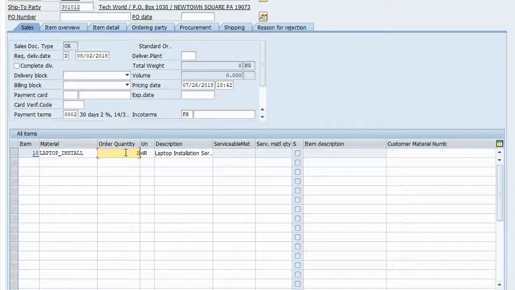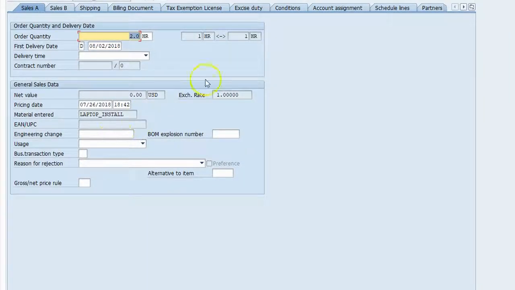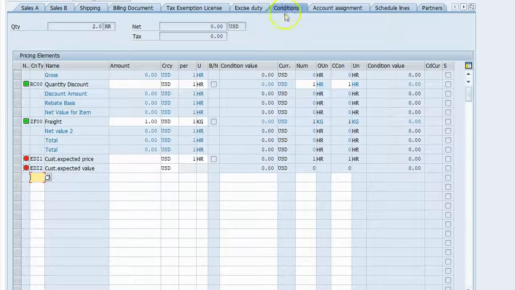And so I'm going to say 2. And so what this is saying here is that I'm going to spend 2 hours of providing this service of laptop installation to this customer, and I'm going to charge them something for it. And so let's take care of that too. We'll double click on the item. We'll go to the Conditions tab, and we'll put in just a standard